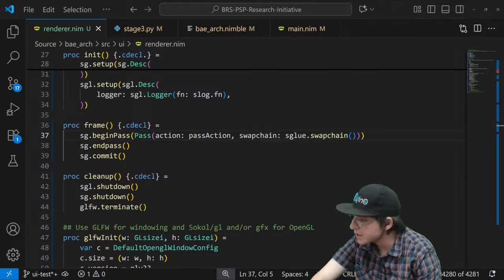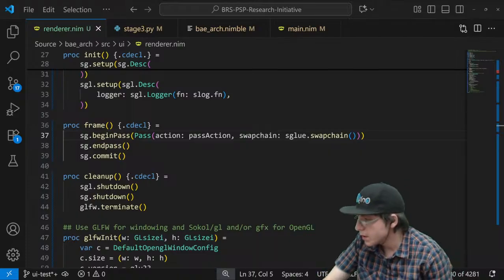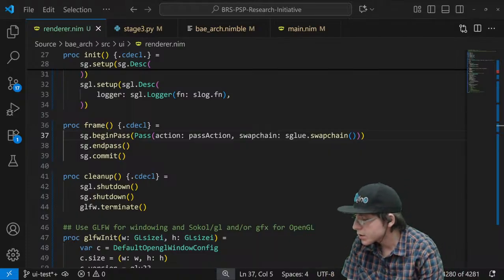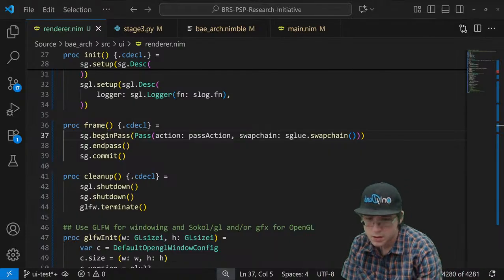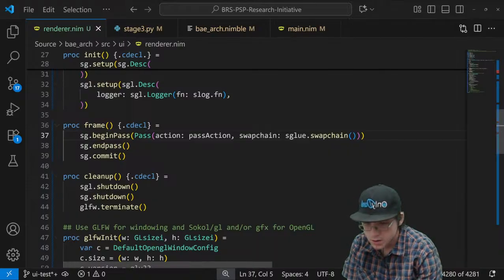So it says I need to make context current.